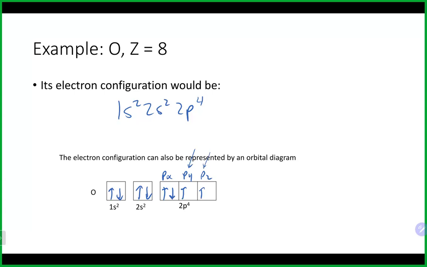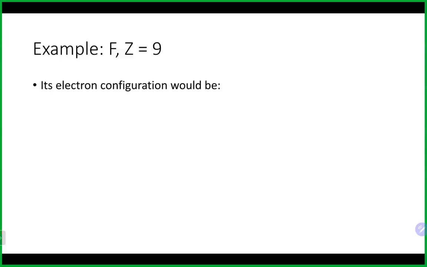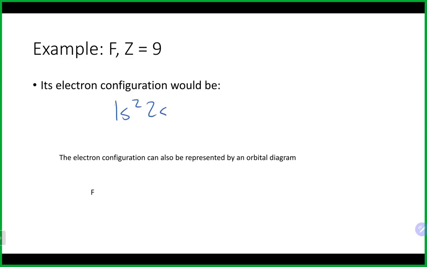So we'll do number 9, which is fluorine, and that will continue to fill up this 2p subshell at this point, since we do have room for it. And let's take a look here. So again, we have 1s2, 2s2, 2p5 at the second energy level, and 2 on the first, which gives the ground